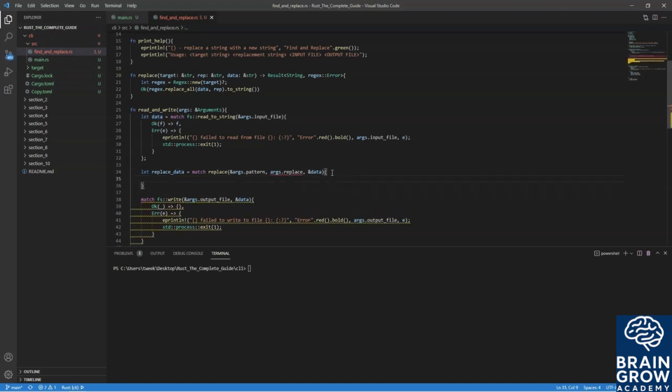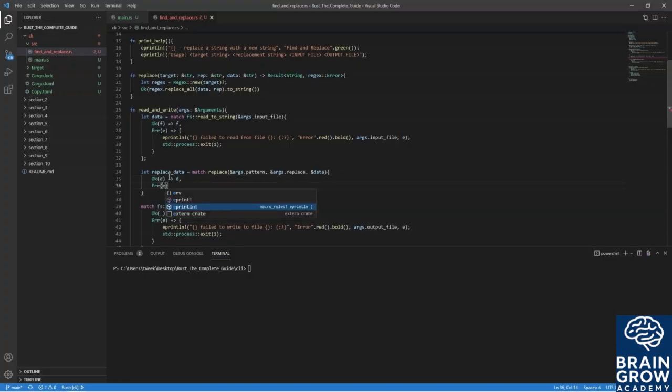And then inside of here, I need to make this a reference. And then inside of here, if it is Ok, then we want that data to be given to us and assigned to replaced_data. And then otherwise, if it's an error,